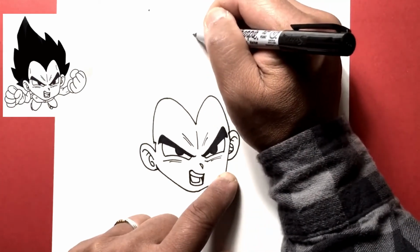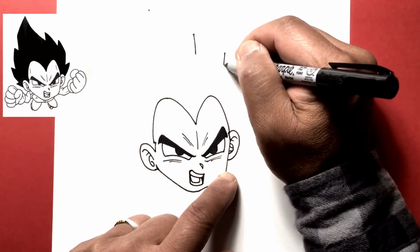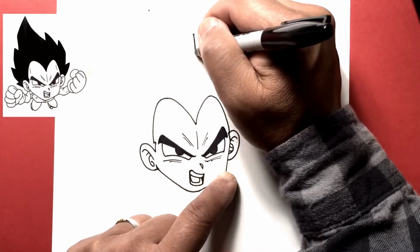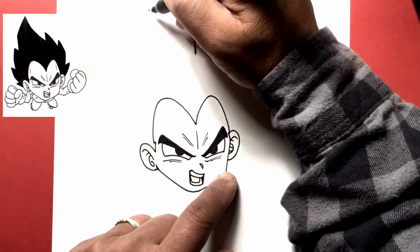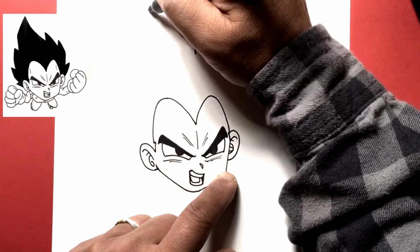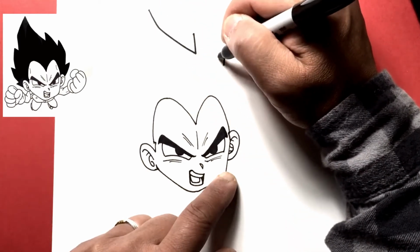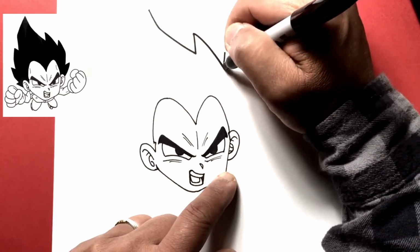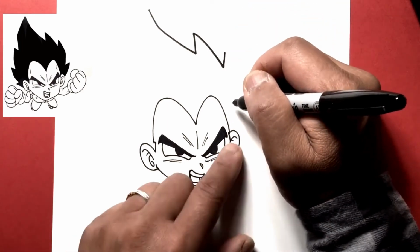So first let's go ahead and draw a line straight down on over here, and then this one may be slightly tilted. And actually I'll just go ahead and use my thicker marker. Okay, and what we're gonna do here is we're gonna go down first and then curve it to meet here. So down and then meet that line. Here we're gonna go ahead and draw a curve. So from here, curve down to meet that line, and then going back to his hair here,